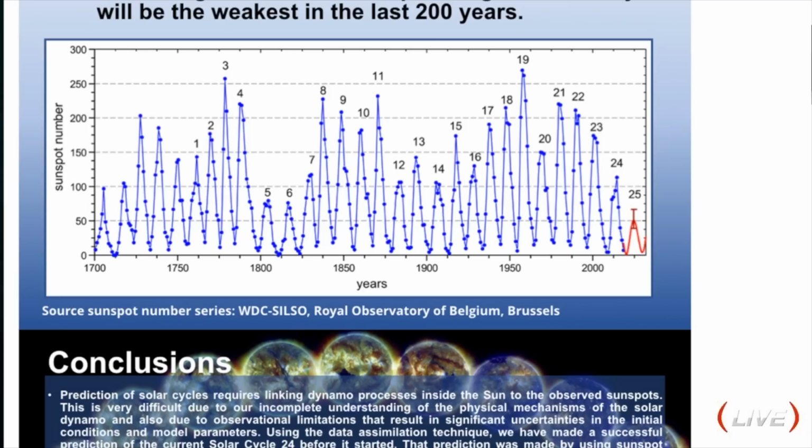Let me go ahead and point that out just so you know what that looks like. This little thing right here is the top of the error rate, and then down here is the bottom. So they're saying there is a possibility that the maximum sunspot numbers could be below 50. What's next after 25 and 26, 27, obviously.